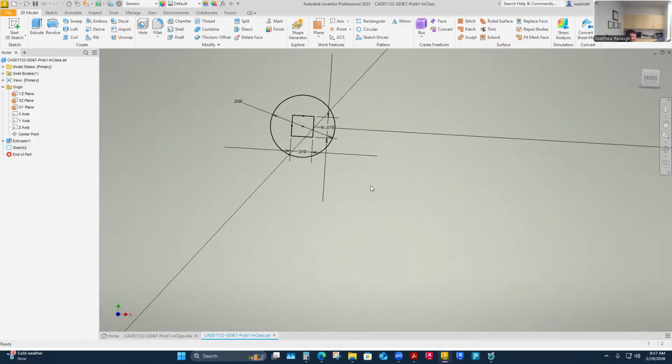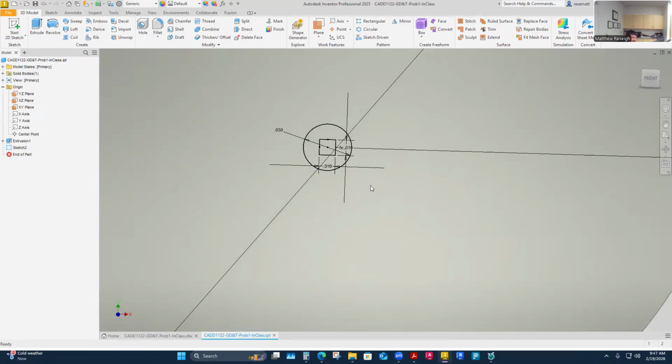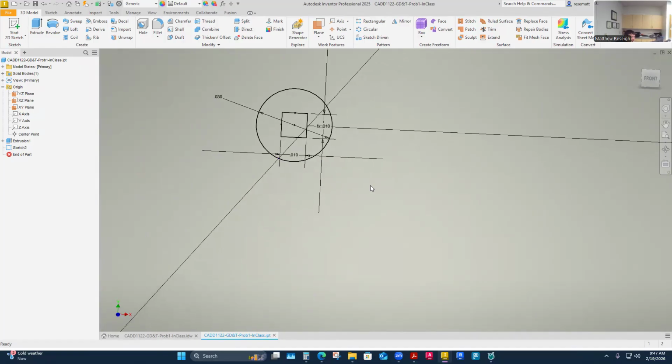So now technically, this is what I have. And if I go to its least material condition, I gain all of the full tolerance, at least the dimensional tolerance. I gain that full 10 thousandths of diameter here. That is really confusing, maybe. And I don't think I've explained it well, but